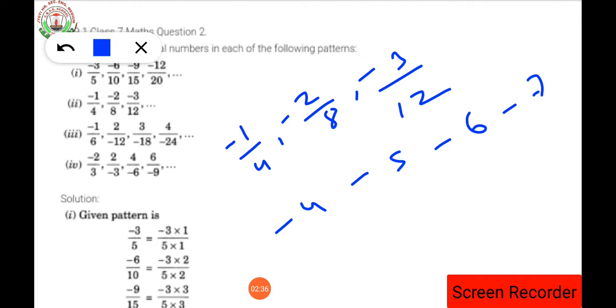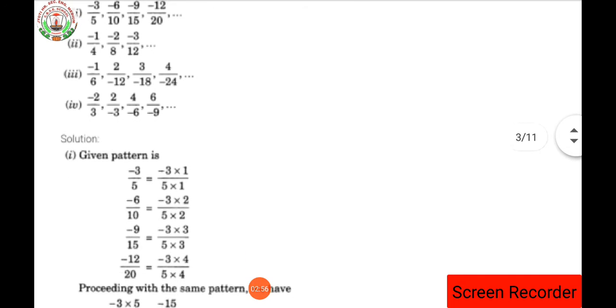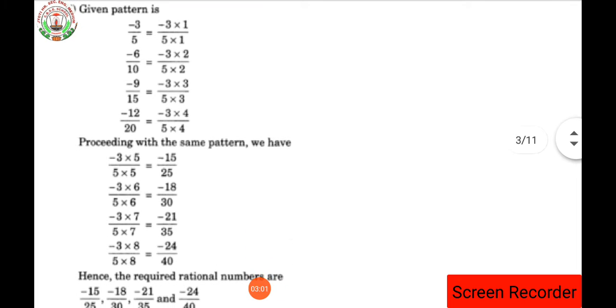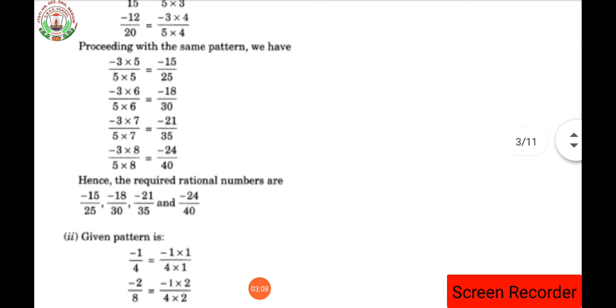And then the denominators 4, 8, 12. That means it is a table itself, isn't it? So here the table of 4 will come. So here it will be 16, then here it will be 20, then 24, then 28. Like that it will be. So continue to solve question number 3 and 4 part on your own. Clear? So there is no need to multiply all this which you see on the screen. You can directly use the short trick which I told you.